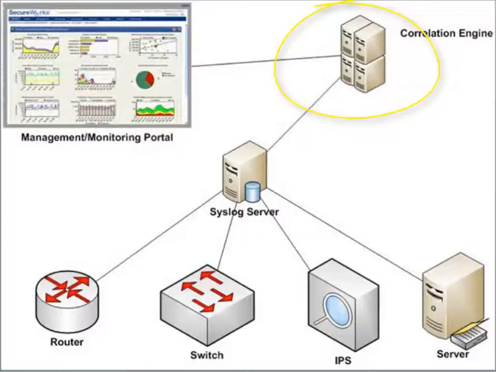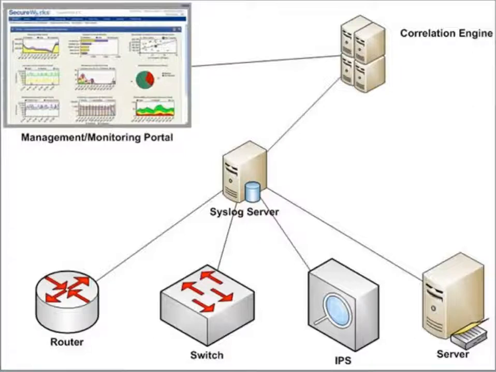The correlation engine takes the data in the logs and looks for patterns, for either known patterns of attack and, we're not talking about signatures here, we're talking about behavior analysis. And it's also going to look for anything that looks really off based on what the correlation engine knows about